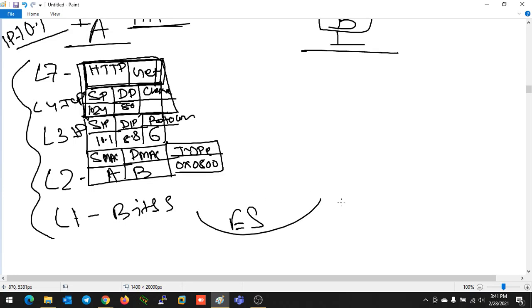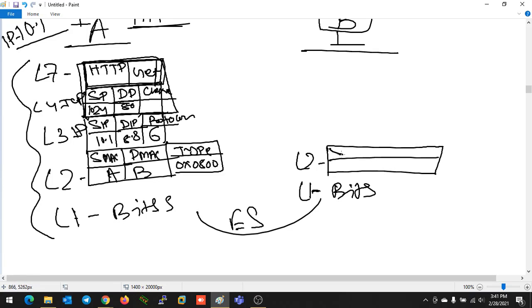First, at layer 1 it will receive bits, then it will send them to layer 2. At layer 2 it will check all the information: source MAC is A, destination MAC is B, and the type is 0x0800. First of all it will check the destination MAC field.